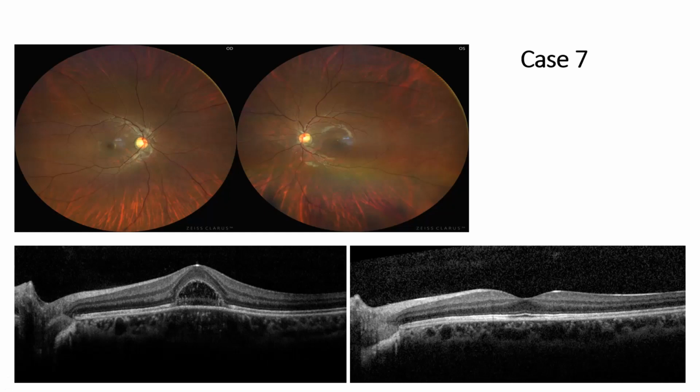She did not give any systemic complaints, but she later told us that she had undergone a dental extraction, and following the dental extraction, she had decrease in vision. She had a mild choroidal elevation subfoveally. So suspecting a choroidal infection subfoveally, we gave her a broad spectrum antibiotic, and her infection resolved completely. So even though the fundus looks completely normal, doing an OCT will in fact give us additional clues and will help in treating the patient.